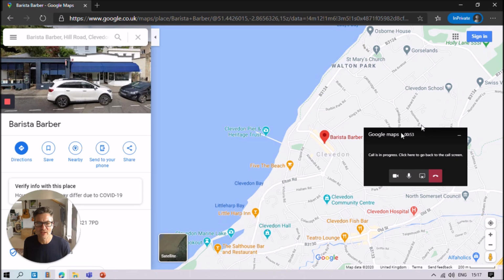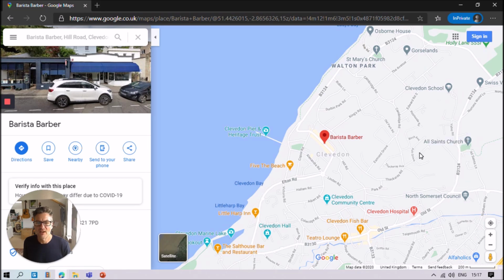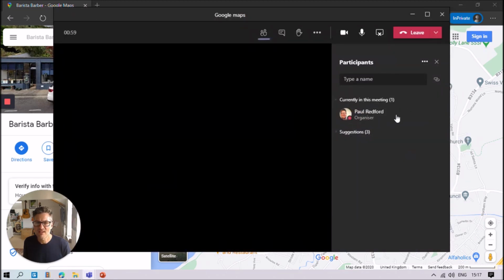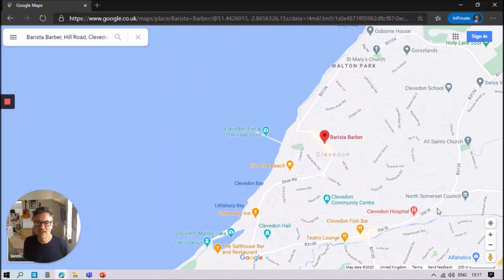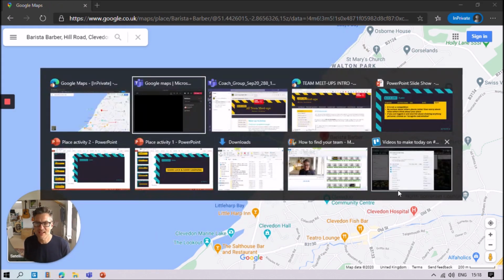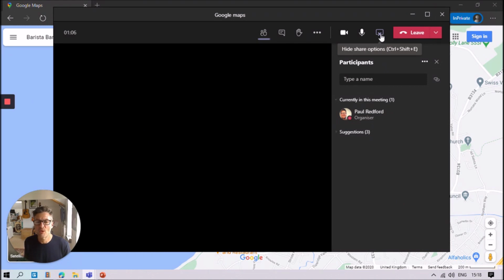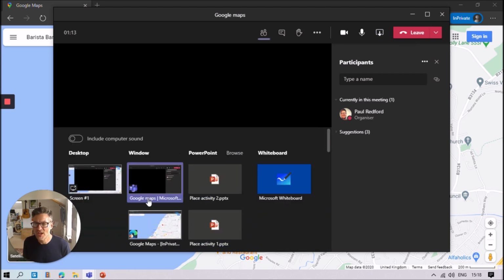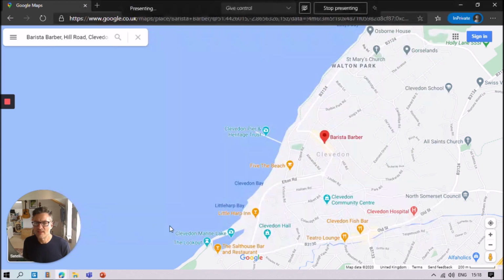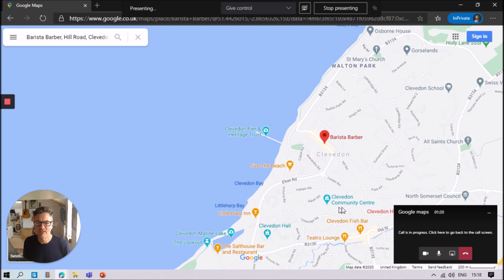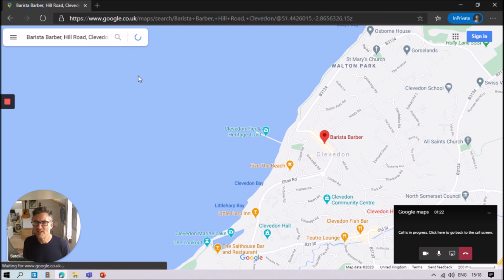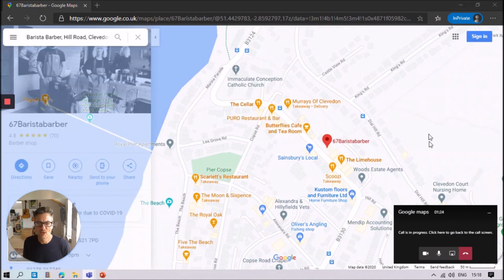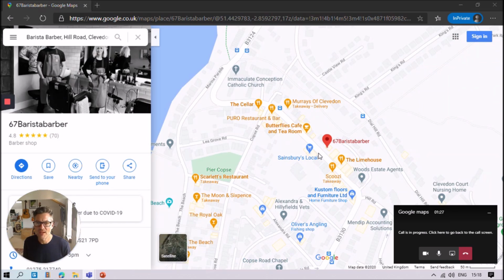You can see it is because it's got this little Teams window here, call in progress, and I can click that and it'll go back to the call screen. But because I'm sharing this screen, this is how I'm sharing that in Teams. So I can stop sharing by clicking on that little picture of the screen there, and that's stopping the sharing. So again, you click on that to share something. I can share whatever it is I like. That's what I'm sharing. You can see there's a little red line around it as I'm sharing it, and then I'm going to search for that, and this will all be being shared in my Teams group.